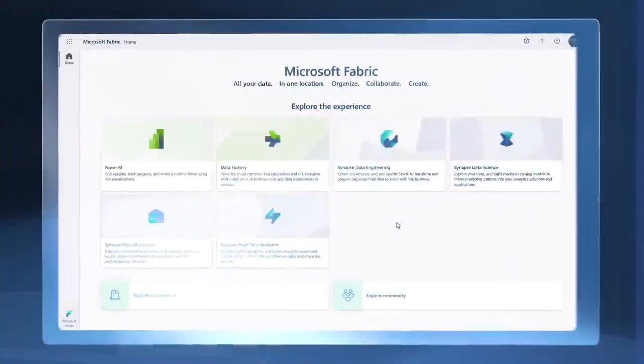Okay, so if you're a new user, what does it take to get all this up and running? So let me show you the starting experience of a brand new user. The cool thing is, I don't have to start in the Azure portal or configure any Azure resources. I don't even need an Azure subscription to get started. I can just use the org ID that I use with Power BI or Microsoft 365.